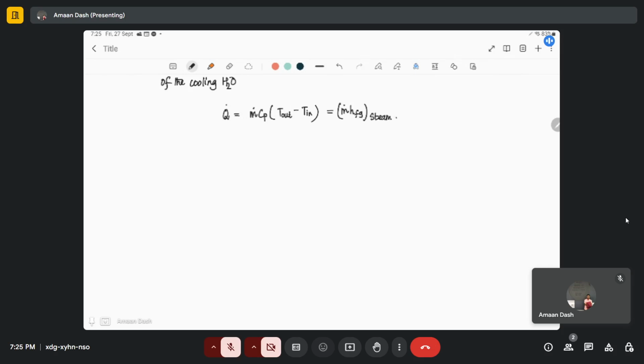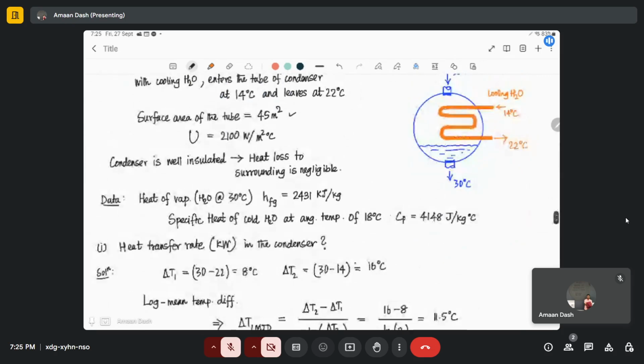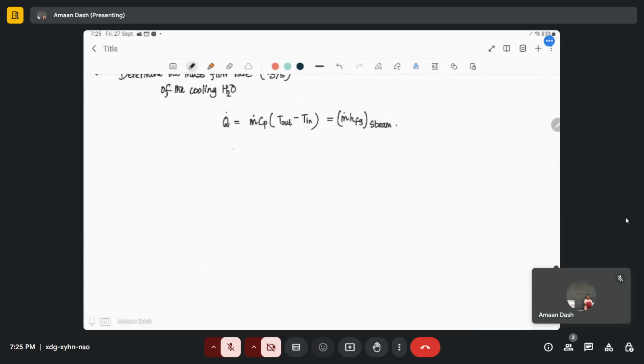For the phase change, the steam is changing its phase, right? So for that case, the heat it will gain, that heat will be used for the phase change of the steam. Okay,